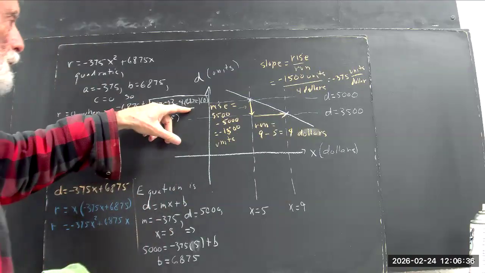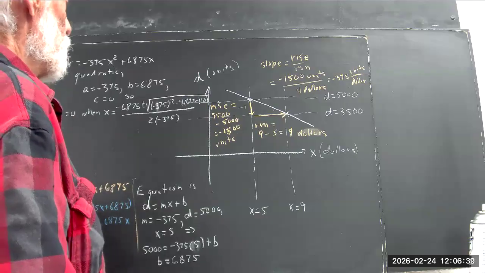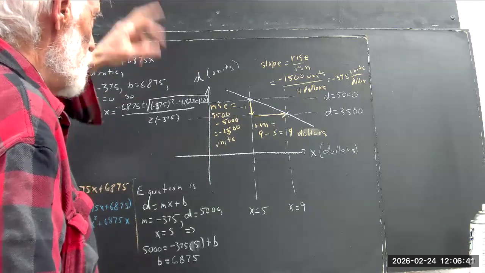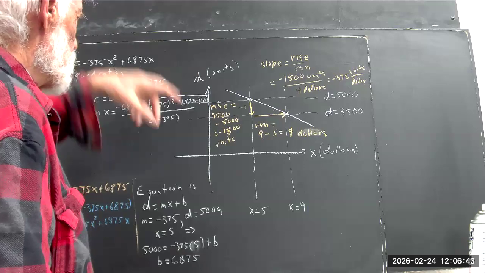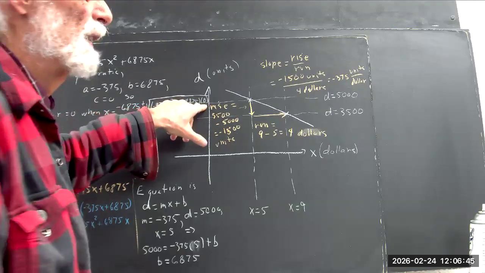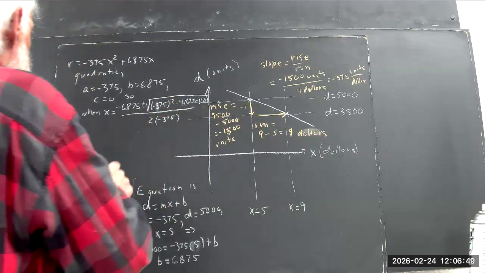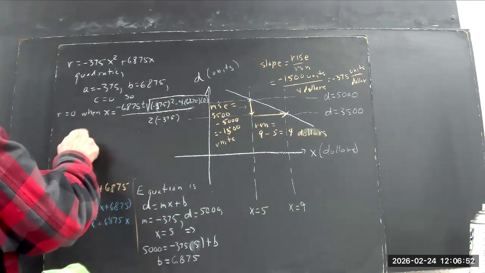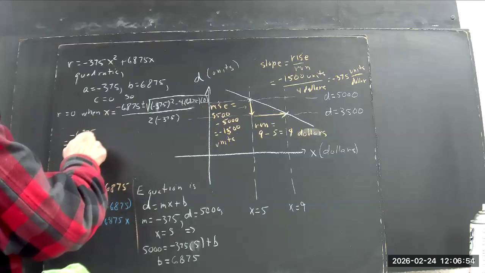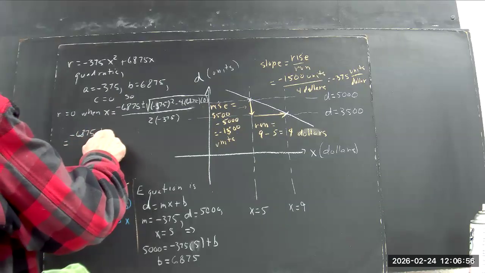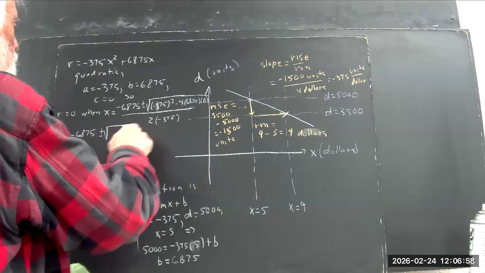Now, 4 times 6,875 is close to 27,500, I think. But it doesn't matter what it is. You're going to multiply by 0, and you're going to get 0 here. So that equals negative 6,875 plus or minus the square root of